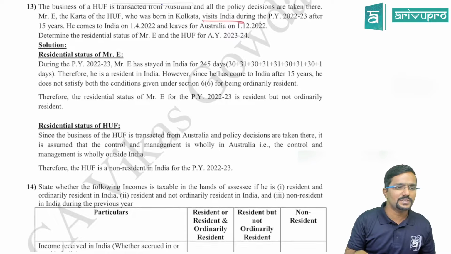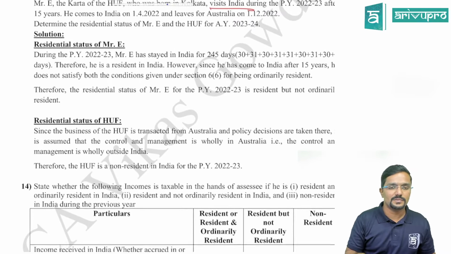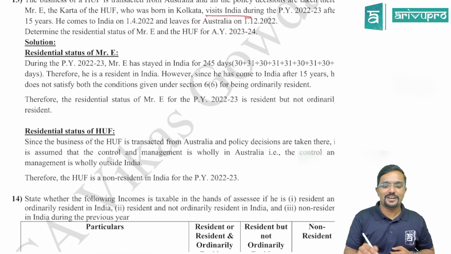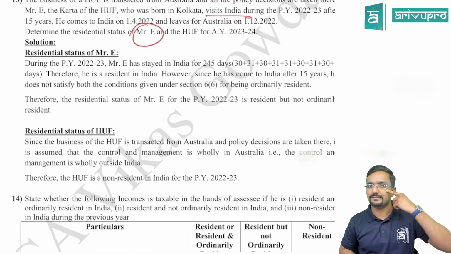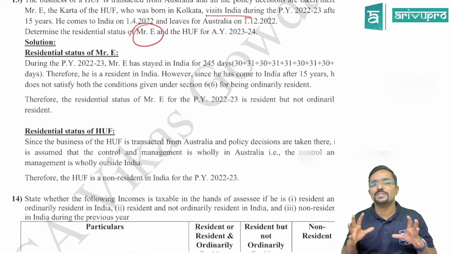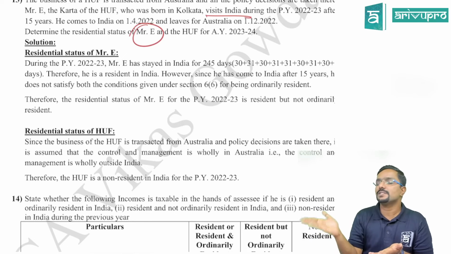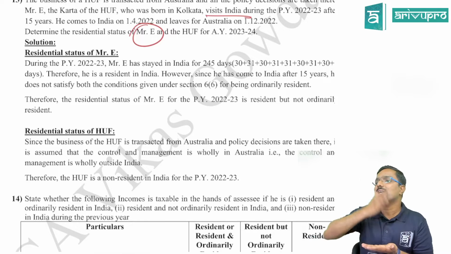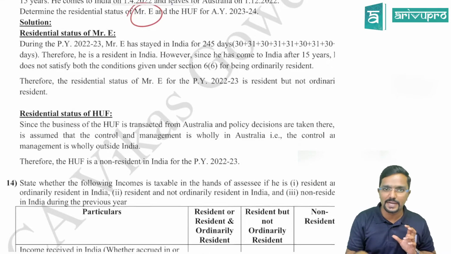Kaushik, for Karta who is an individual, we have to check 6.1, sir. Yes, sir. Because here they have asked the residential status of the individual also, who is a Karta. For this question, we have to check. Please don't get confused, guys. Please be very clear. In this question, they have asked both residential statuses, that is the residential status of HUF as well as Karta. That is why we are doing it. So I have given the answer separately also.